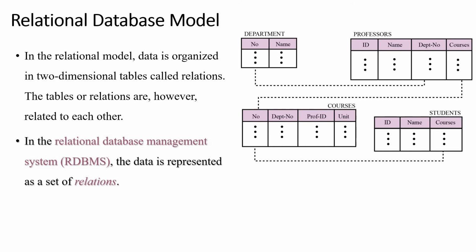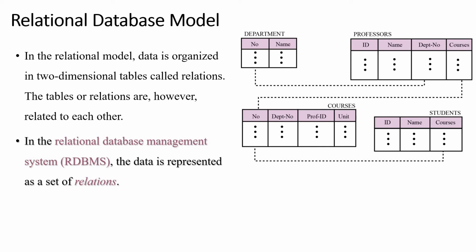And the last one is the relational database model. In case of the relational database model, relations are saved in the form of tables. The table consists of rows and columns, where rows represent records and columns represent the attributes. And this particular model was first described in the year 1969 by the computer scientist Dr. E.F. Codd. This indicates that in the relational model, data is organized in two-dimensional tables, which we call relations.